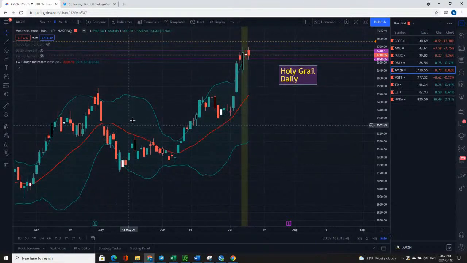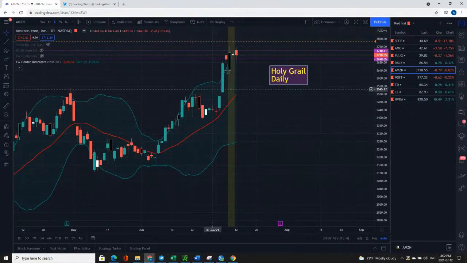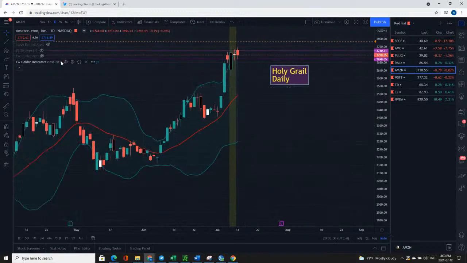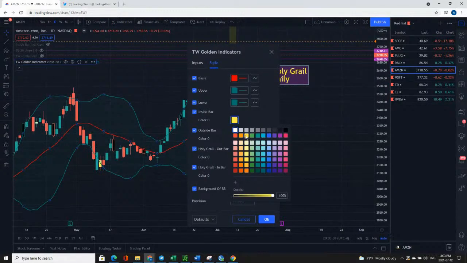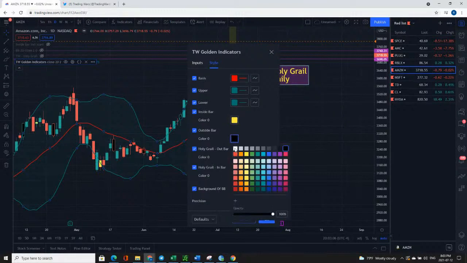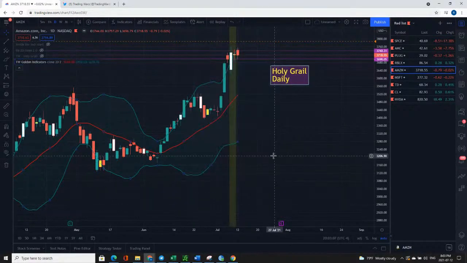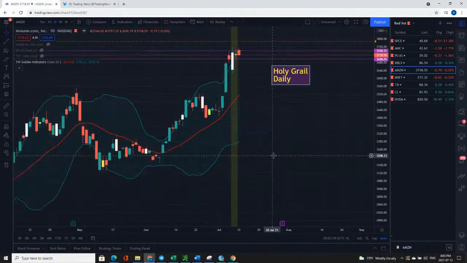There are two versions. There's a version that doesn't have any writing, and then there's a version that has the writing and says inside bar and outside bar specifically. So let me know. Okay, here is the first version, and you can go in here and change the color. I'm going to put the inside bar for yellow right now, and the outside bar for white. I'm just going to flip that around. I like that more, but you can change the colors to whatever you want.